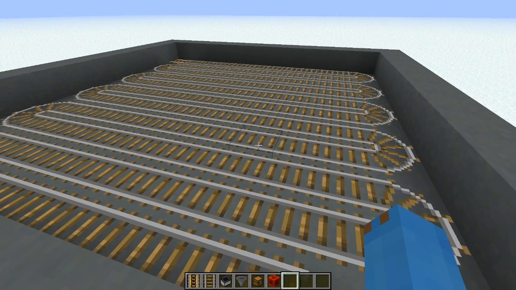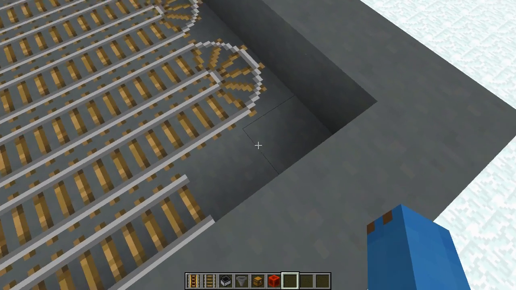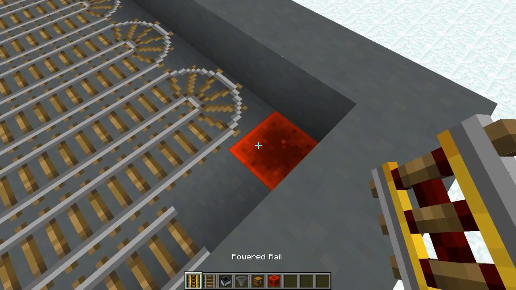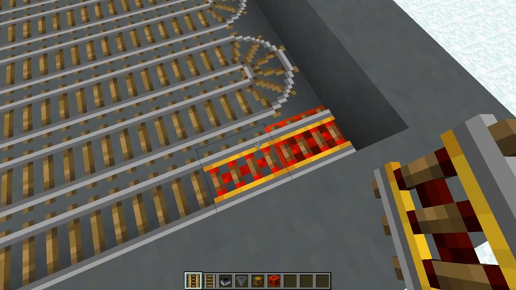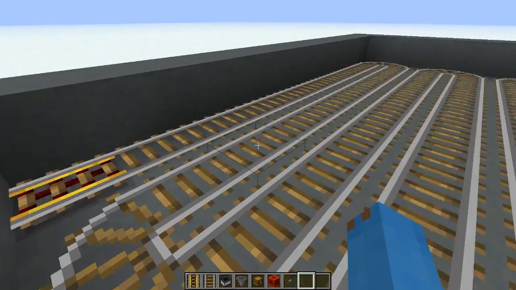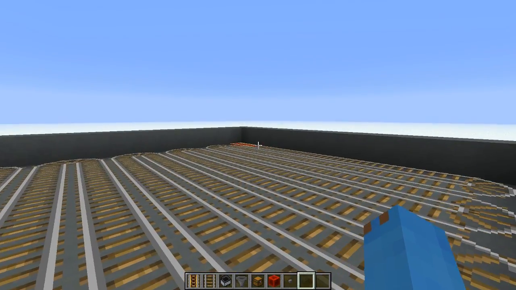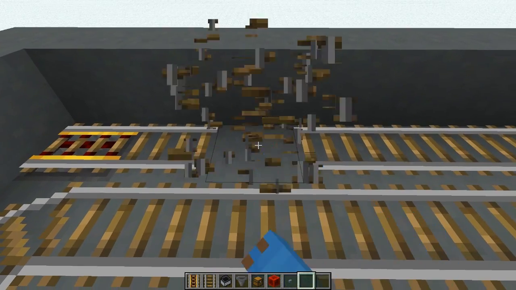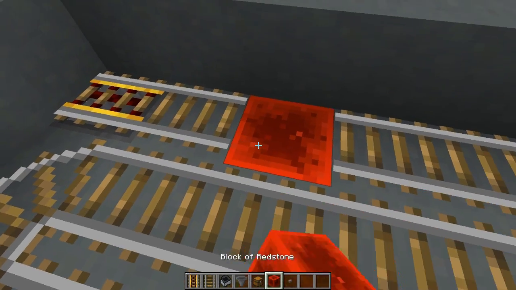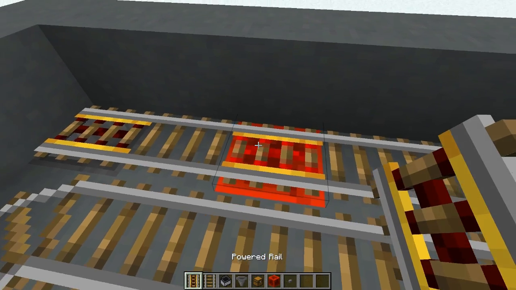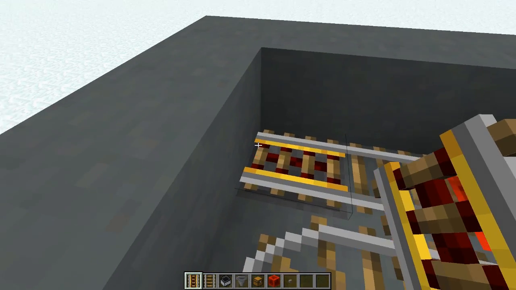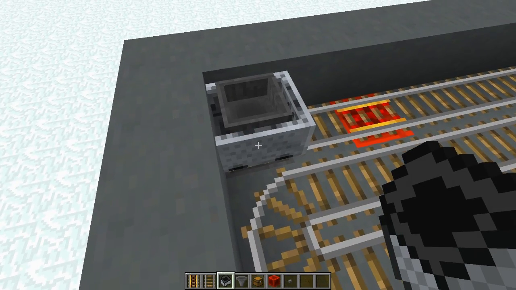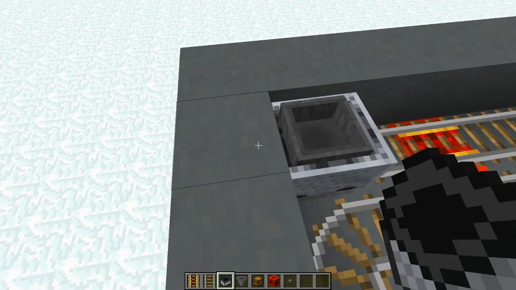So you should have something that looks like this, and once you get to the very end at the last 2 blocks, destroy the very corner one, place a redstone block, and then place 2 powered rails on those 2 blocks. So now you need to figure out where to put your powered rails so that your cart goes all the way to the end and back. So always come 1 rail out, and then on the 3rd rail in you put a block of redstone and the powered rail. This is just so that when it comes back it makes sure it goes all the way into the edge. So place your hopper minecart on top of this corner powered rail where your output is, and